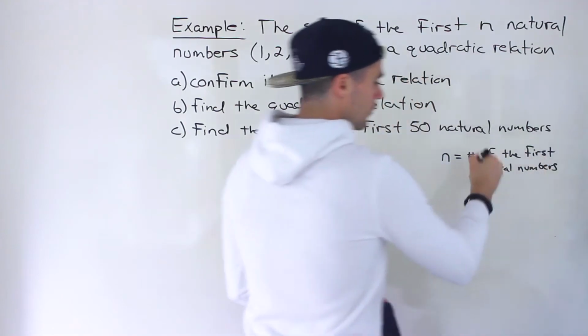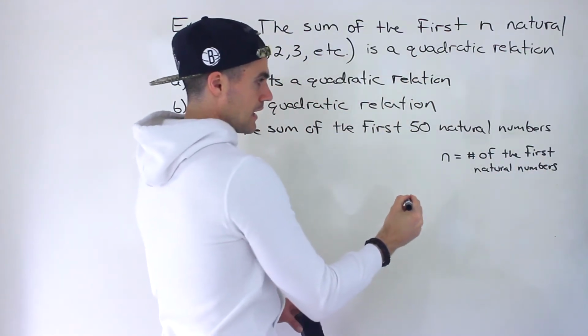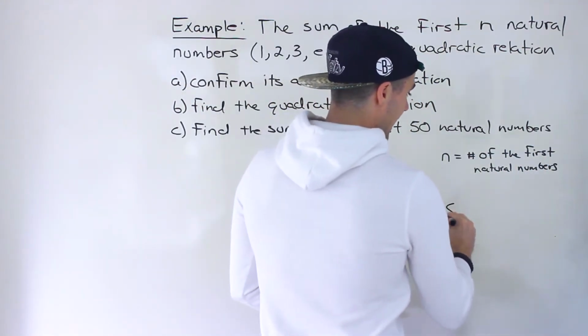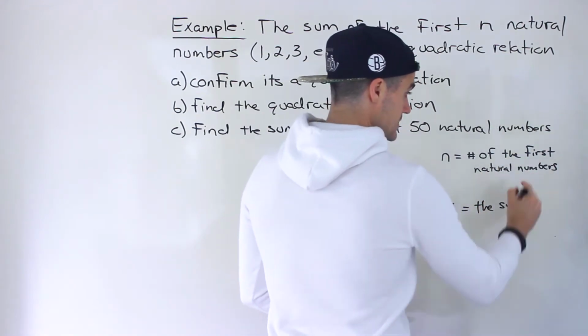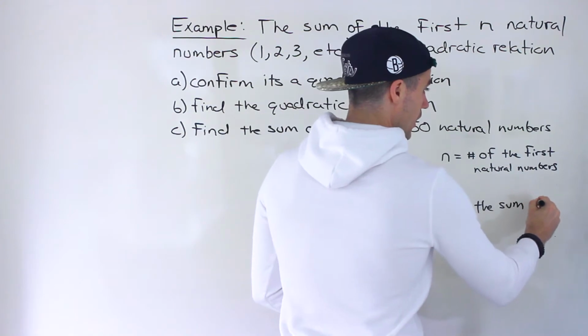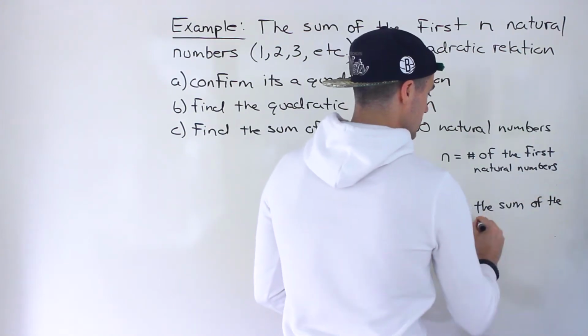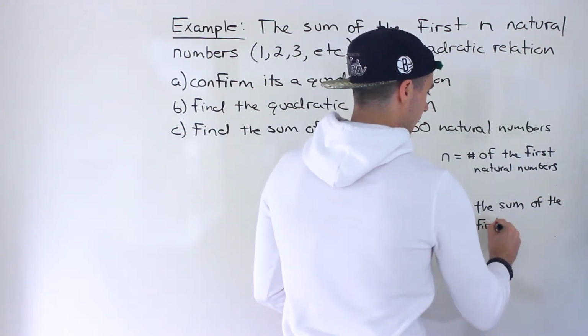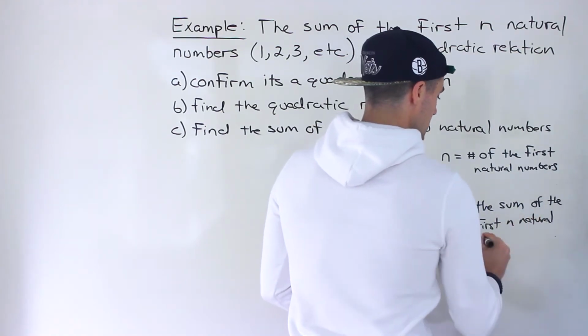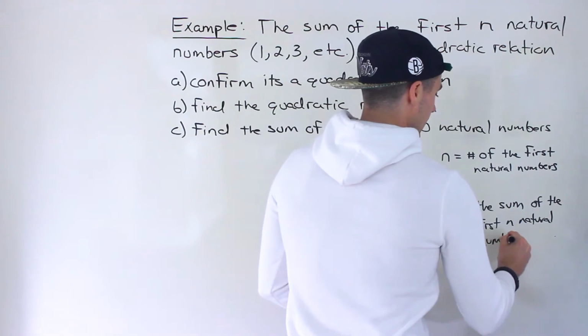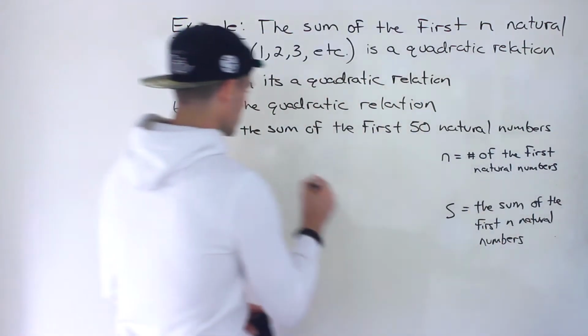I'm going to explain more in detail what that means in a second. And then I'm going to let S equal the sum of that list right there, so the sum of the first n natural numbers. And so we can create a table of values